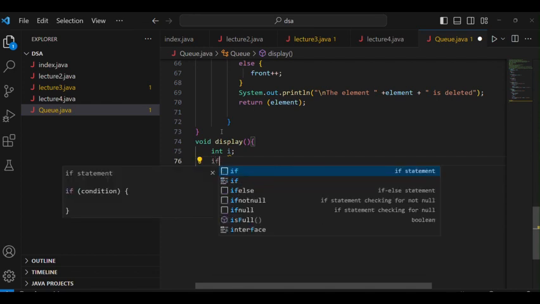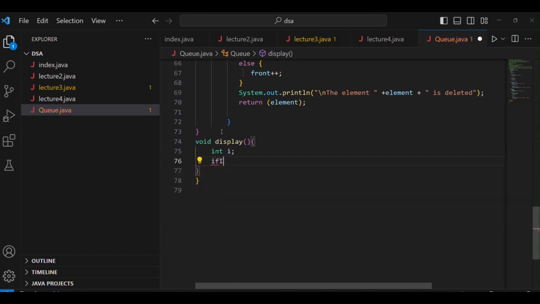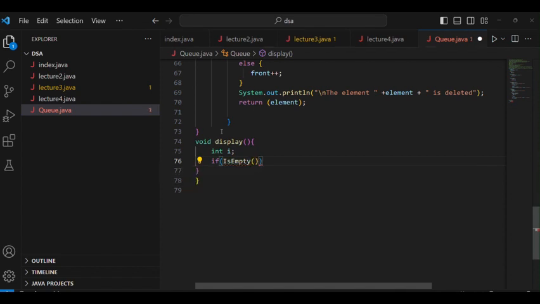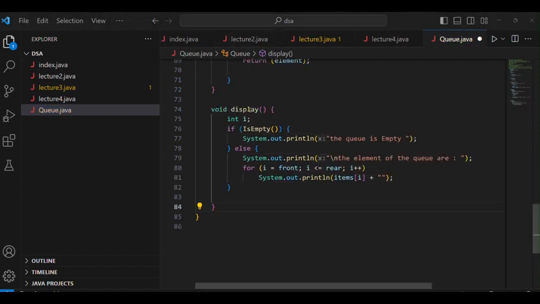And now use if, then use isEmpty, and then again use curly braces, then print, and then we display our actual queue data structure, which is